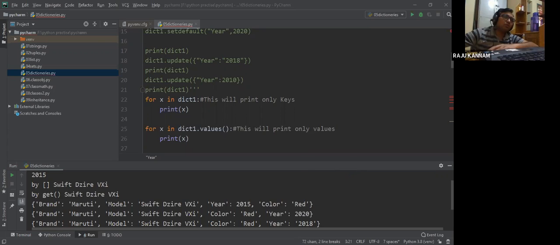So for that, if I write for x in dict1, that means for every element in dict1, print x, print the corresponding element, right? So when you try to print the corresponding element, what is going to happen?